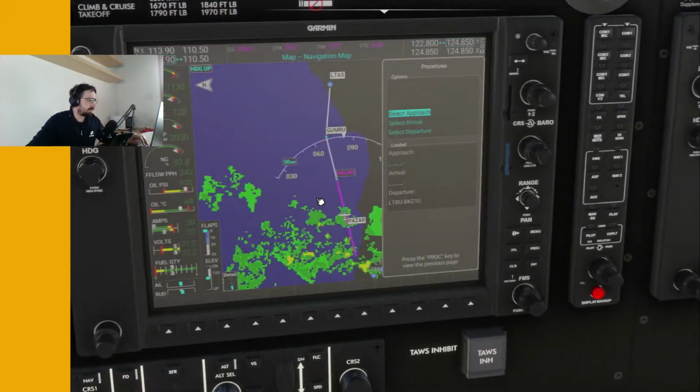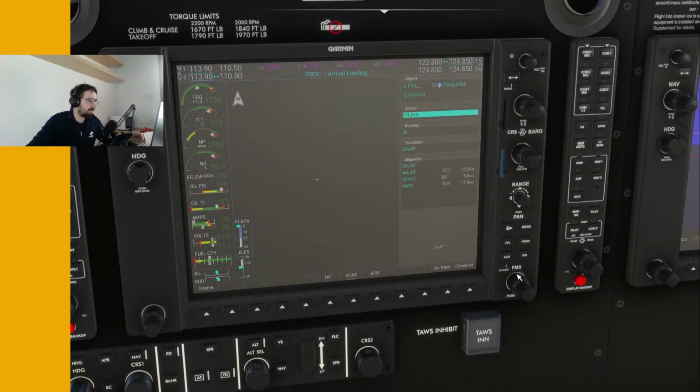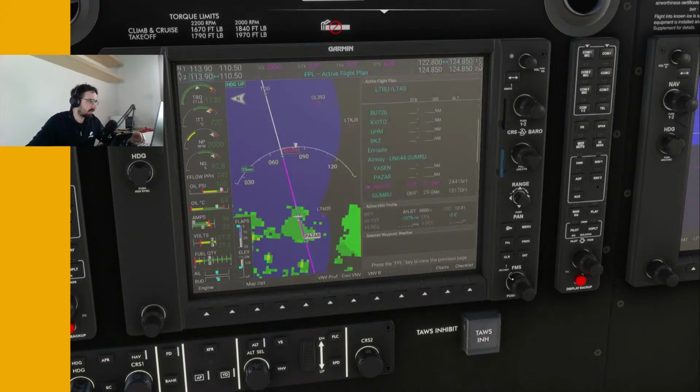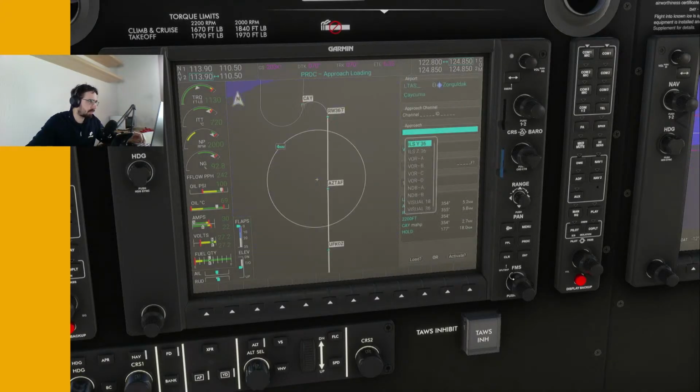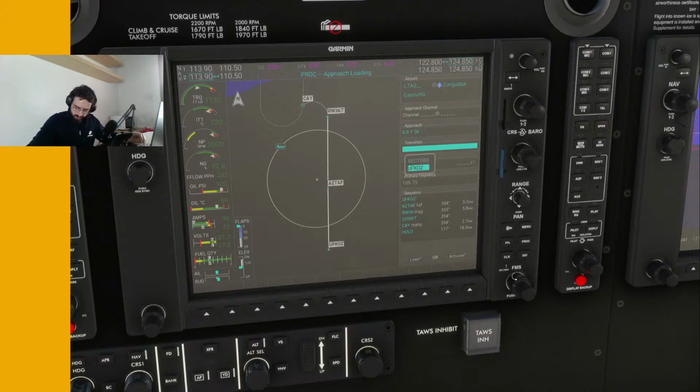So procedure, arrival, yeah, Alpha 1 Alpha, runway 36, that's completely fine. Load, and then procedure, approach, ILS Yankee 36. Transition is, wait a sec. Yeah, that's correct. UFCOTS, but then